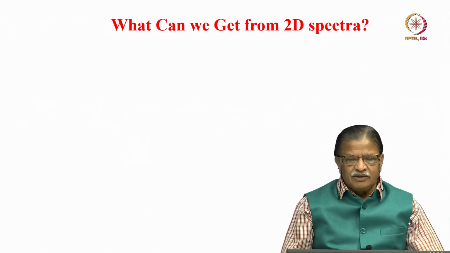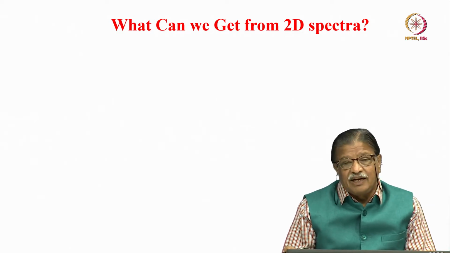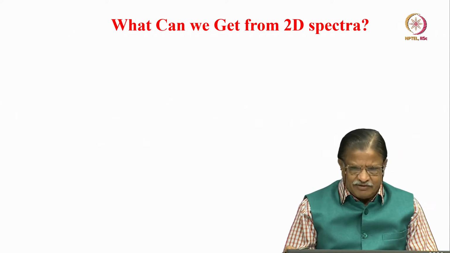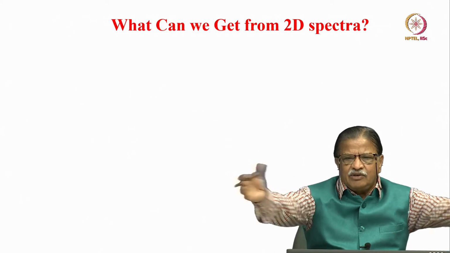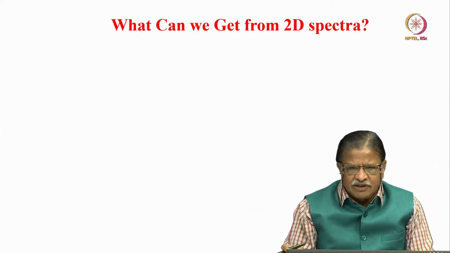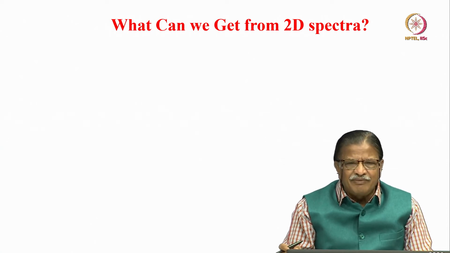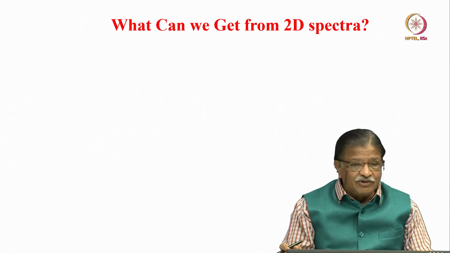Okay. So now you can ask me, what are the other things we can get in the 2D NMR? I can correlate chemical shifts, homonuclear. I can correlate heteronuclear chemical shifts. I resolve the 2 parameters, chemical shifts and J coupling, into orthogonal dimensions. What else can we get from NMR 2D data? If I get a 2D spectrum, many things you can get.